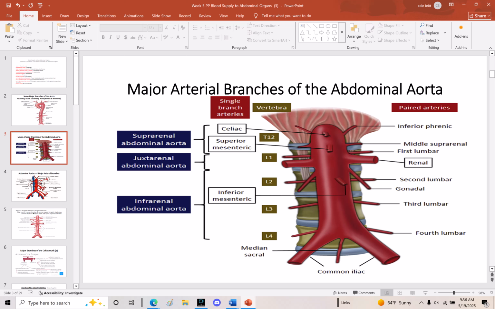Now, right here, bifurcation. Bifurcation just means it splits, right there in front of L4. How many of you had to look at the creek across the road this morning? No reason to, unless it's jumping out of the banks. But after it rains, when you see a creek, it has a lot of different twists and turns. That's why I use that creek as an example. Every time it has a twist and turn,